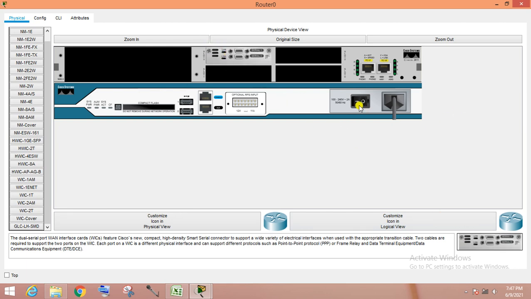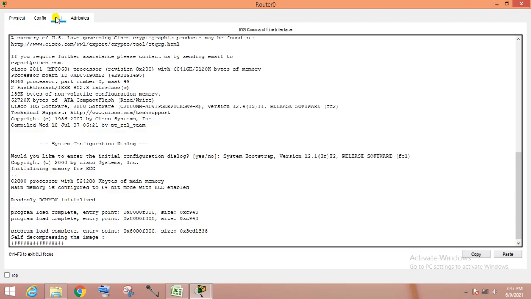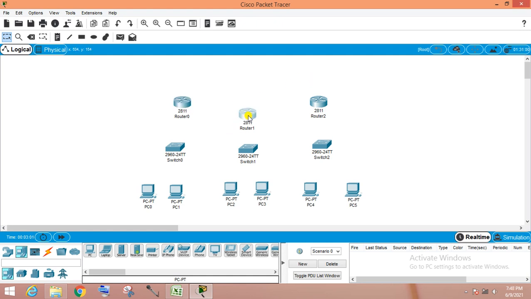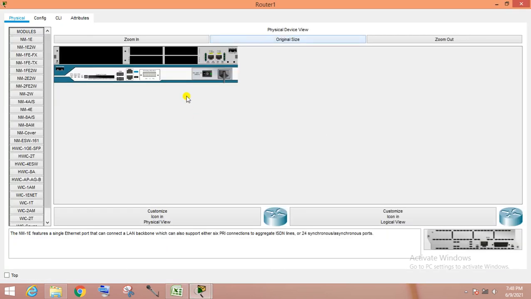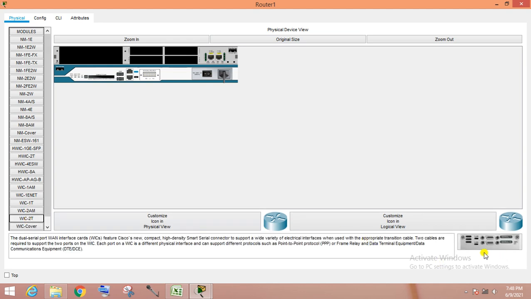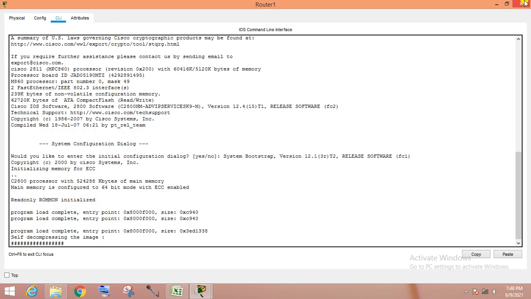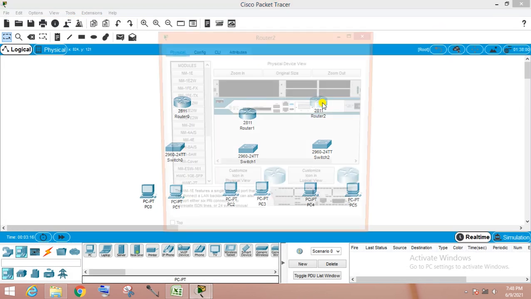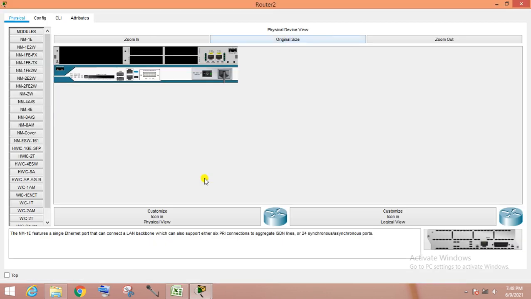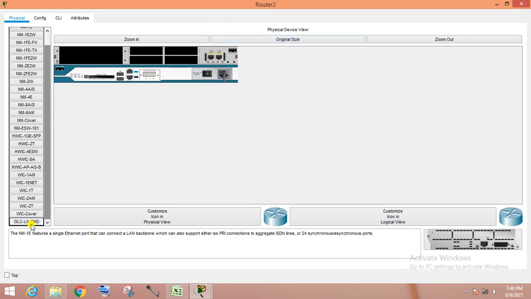After that I am starting this router. You can check it. Router is booting now. Same thing I will do for the next 2 routers. Just shut down this router, go to the WIC slot, and install the module here. Then we start it. You can check how it is running. Another router is there. We go there, and I do the same thing here.